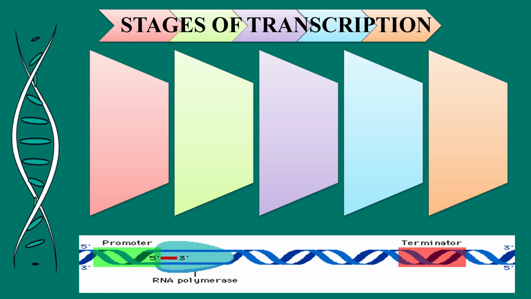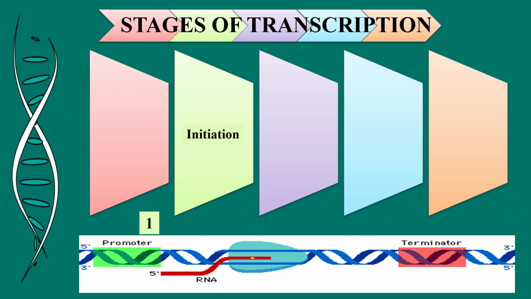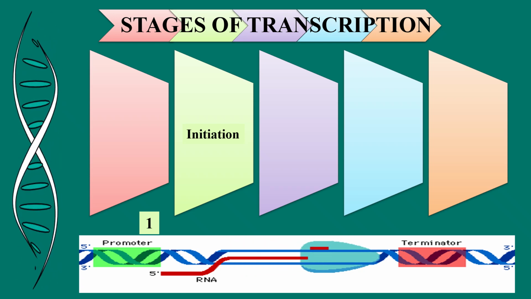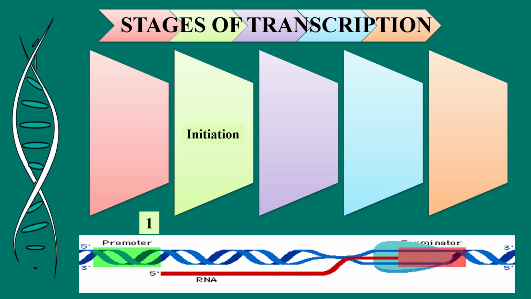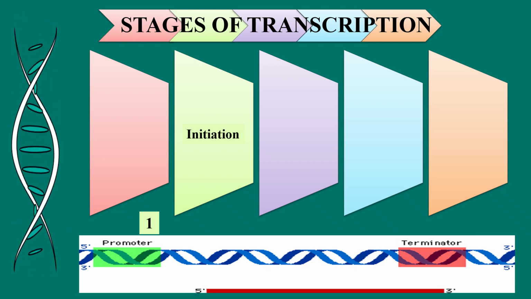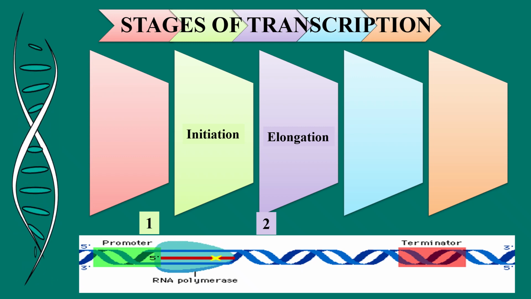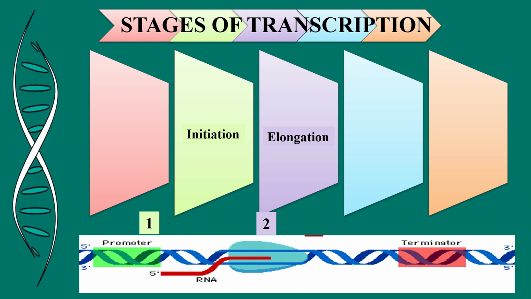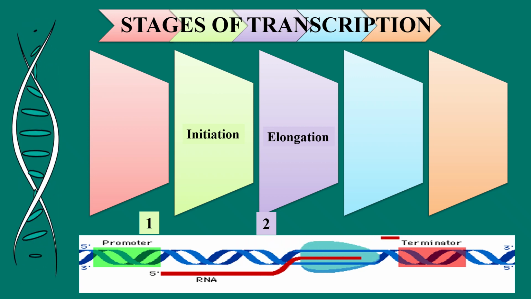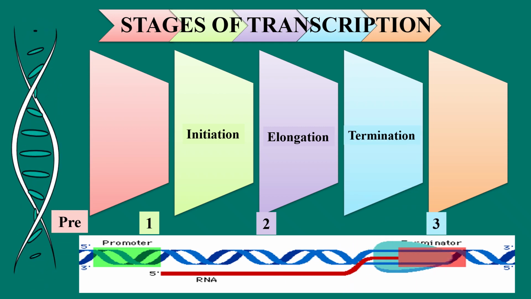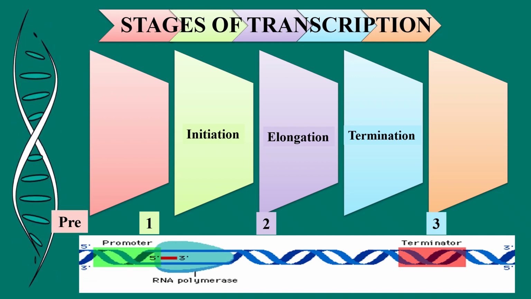To understand the process of transcription, it is divided into different steps. The first step is initiation. In this step, the RNA polymerase enzyme binds to the promoter region and unwinds the double helical structure of DNA. Then it is followed by elongation, as the RNA polymerase keeps on unwinding the double helical DNA and keeps adding new nucleotide bases at the 3' hydroxyl end of the adjacent nucleotides. Then it will move forward until the terminator region is reached. In the terminator region, there are specific sequences where termination occurs, the transcription will stop and will release the